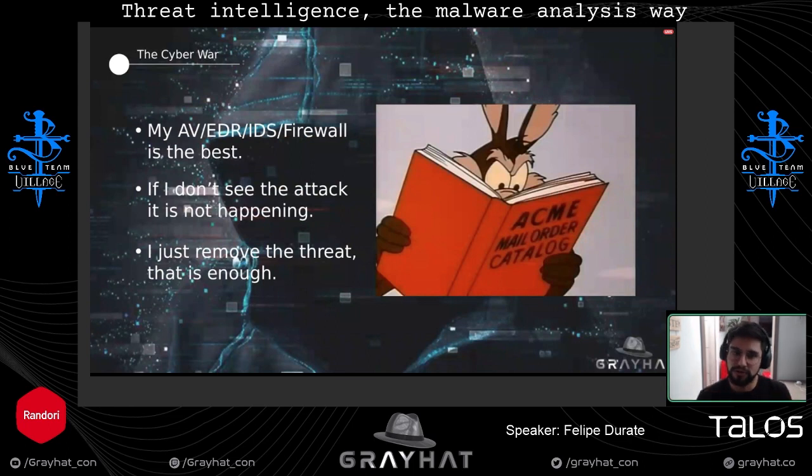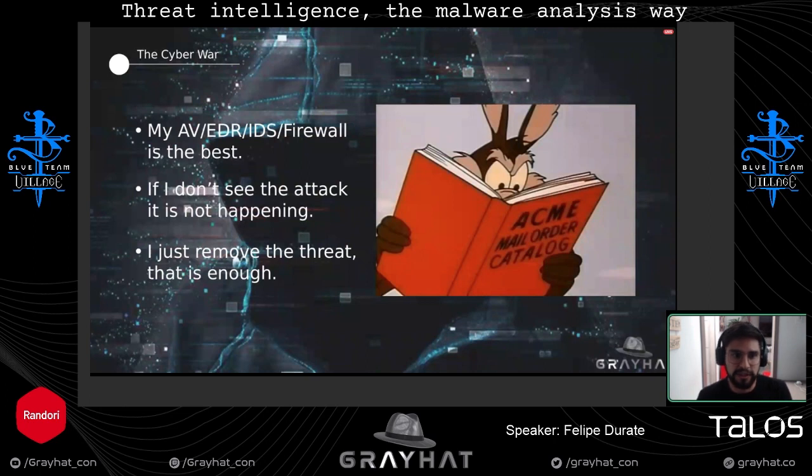And that's the thing. If you remember these cartoons, you will remember that the coyote was always behind the roadrunner, right? Always behind, always chasing, never winning. He never actually won anything. He was just following the tracks that the roadrunner left. And that is something that usually happens with us.